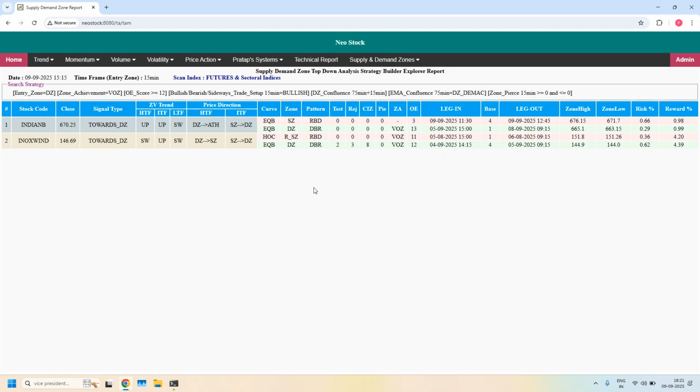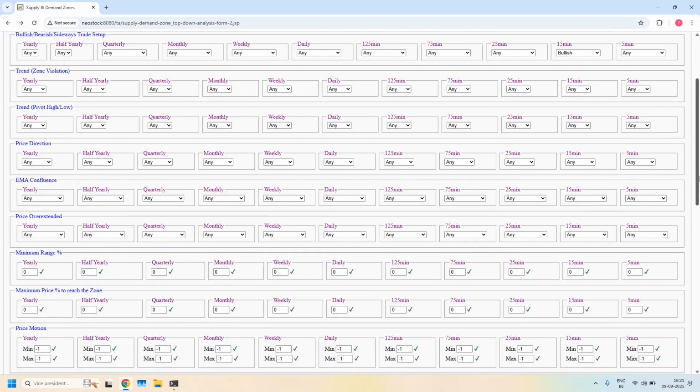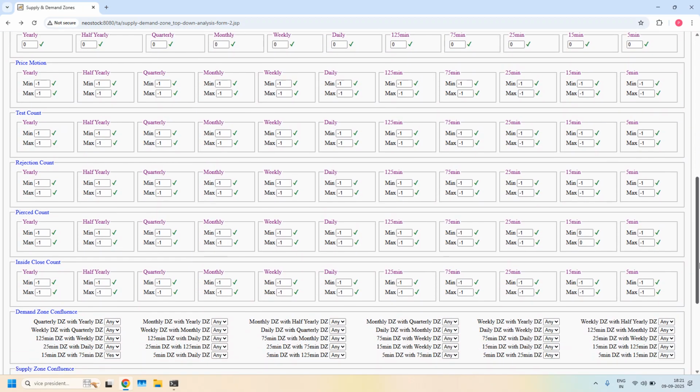Okay, next setup is LTF, ITF and even HTF demand zone confluence. After that, HTF EMA confluence. Removing the ITF EMA filter. In the demand zone confluence, I am selecting 3 filters. The first one is already enabled, 15 minutes and 75 minutes. Next, 15 minutes and daily, and 75 minutes and daily demand zone confluence. With all the 3 filters,